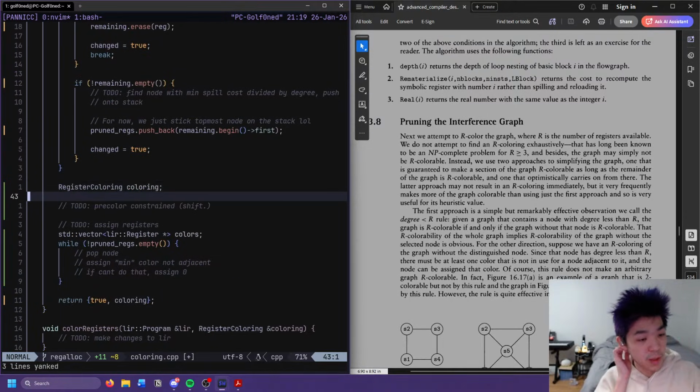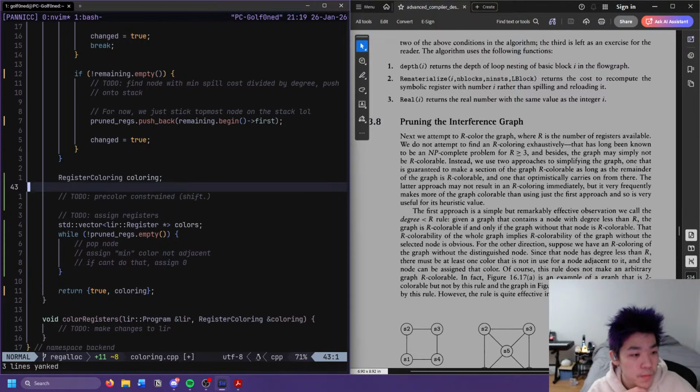Would you say the backend has been harder than the middle end stuff? Yes. There's just so many more moving parts, I feel like. In the middle end, you don't really need to change things out a lot, I think. It's like source to source in a way. Whereas the backend, you kind of have to think about a lot of different things.